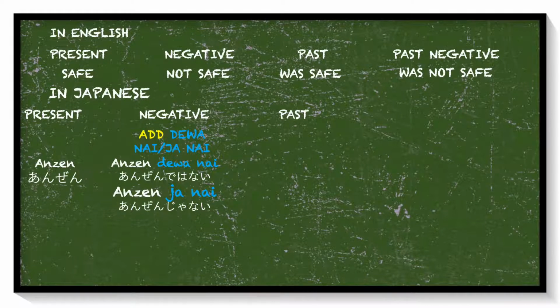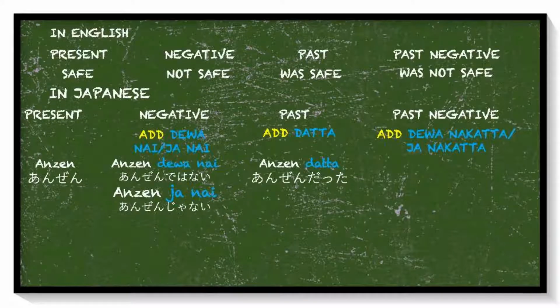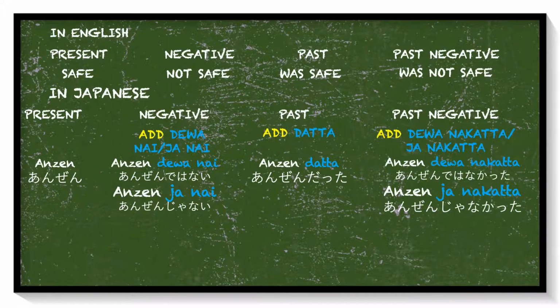To make it in past tense, just add だった. So it will be 安全だった。 And lastly, to make it in past negative form, just add ではなかった or じゃなかった. So it will be 安全ではなかった or 安全じゃなかった。